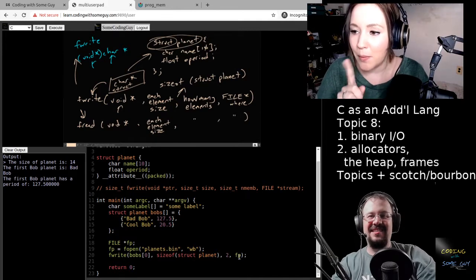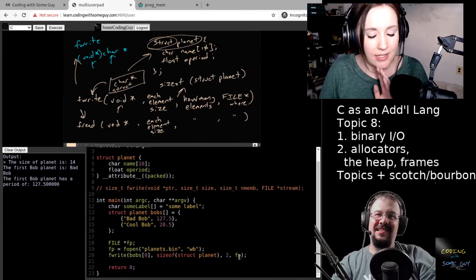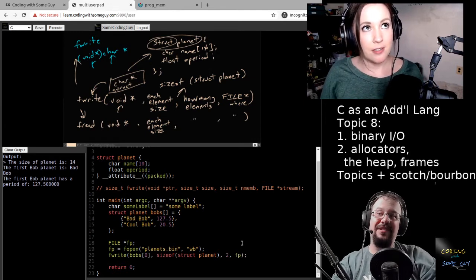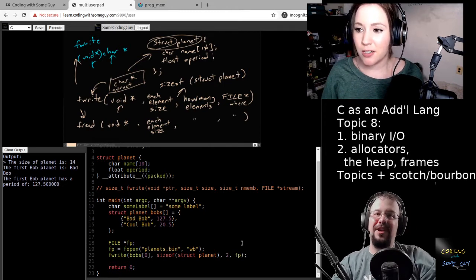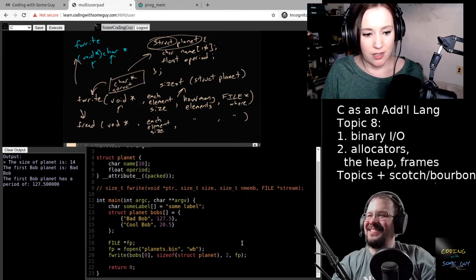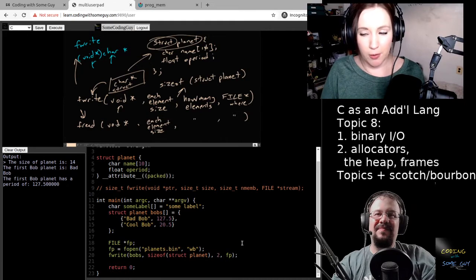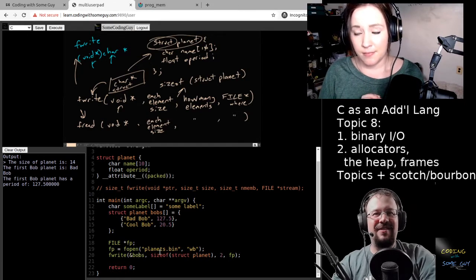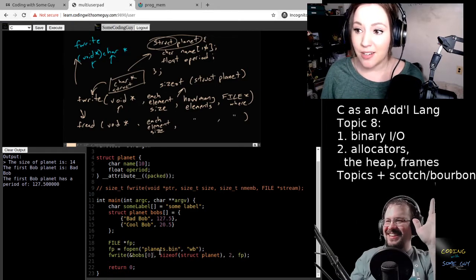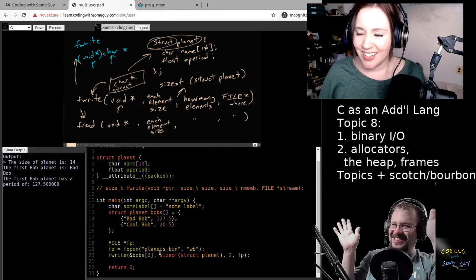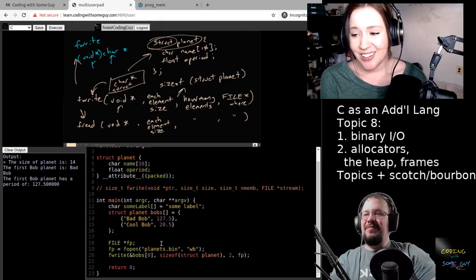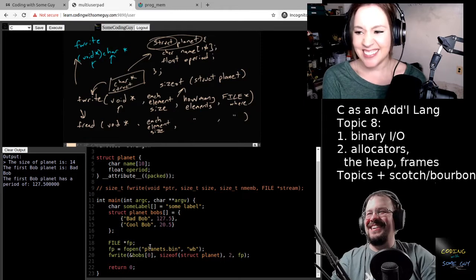So wait. It's expecting a void pointer. What are you passing it? A real pointer? Struct pointer? A pointer to a struct planet. So this is a pointer to the first element of the array. Hey, where did all that fun stuff you just did go? Leave that. That's good. You did the right thing. We haven't really done much casting. I'm not sure how to do that. That's okay. It won't get better by removing that part, I'll tell you that much.